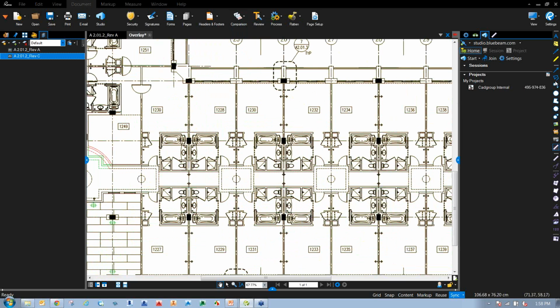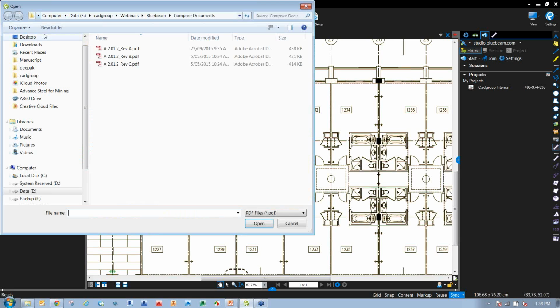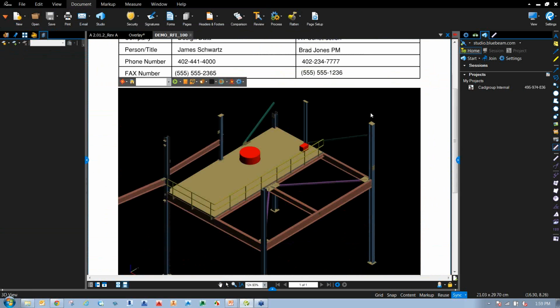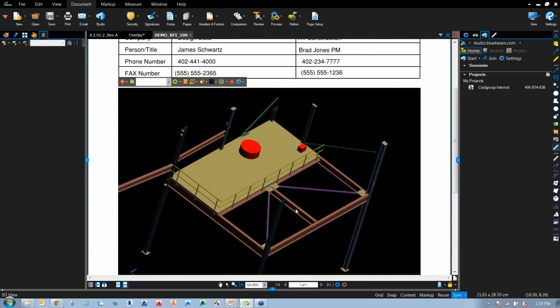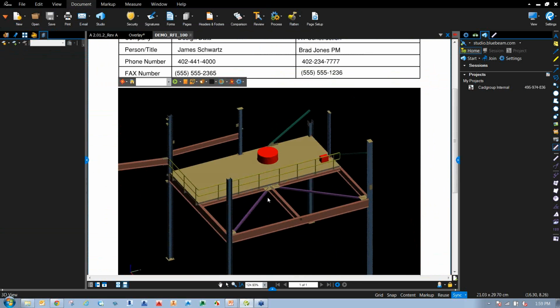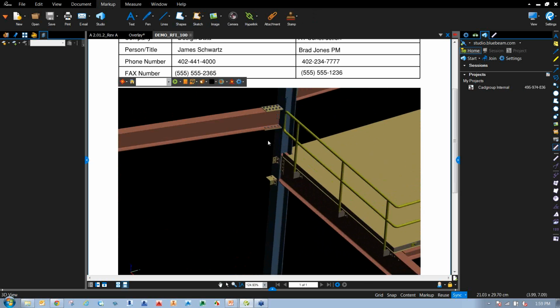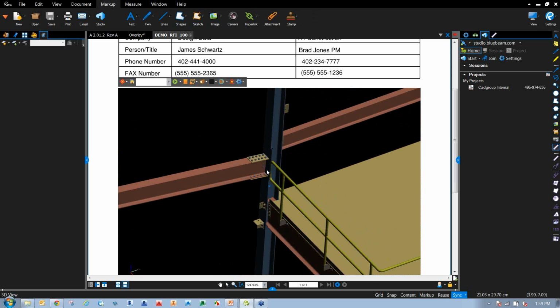Does all the same markup features and Studio work on the Bluebeam 3D PDFs as well? Yeah, Shane, so most of these features would also work on 3D PDF. If I actually go and open a 3D PDF, so this now, as you could see, is a 3D PDF file. I can spin the model around, I can do all these things, and if I go into markup, so let's say zoom into this area here,